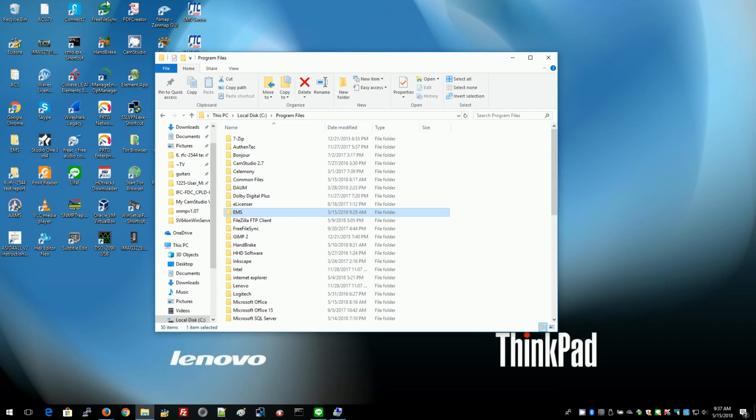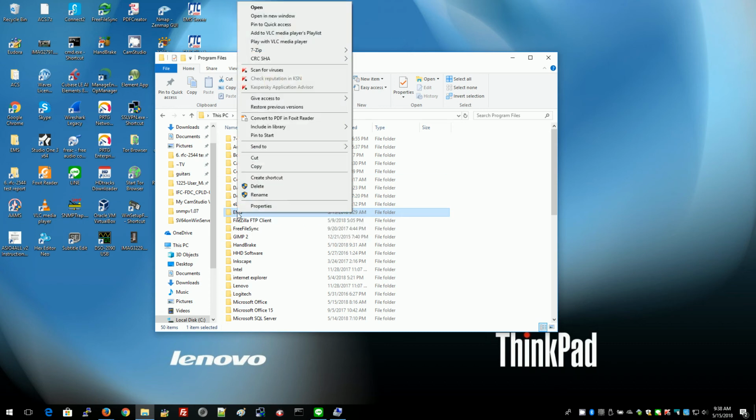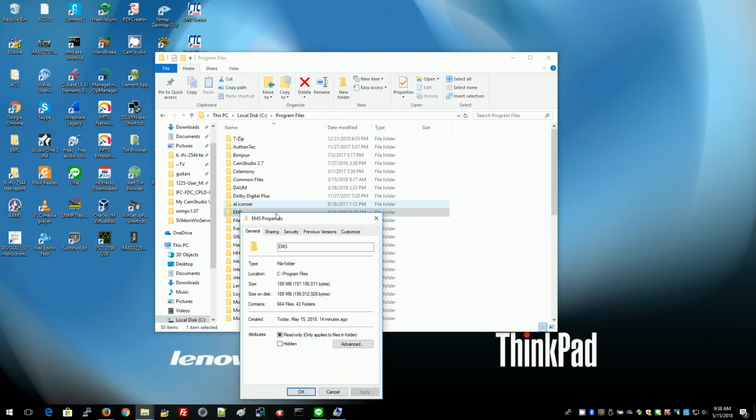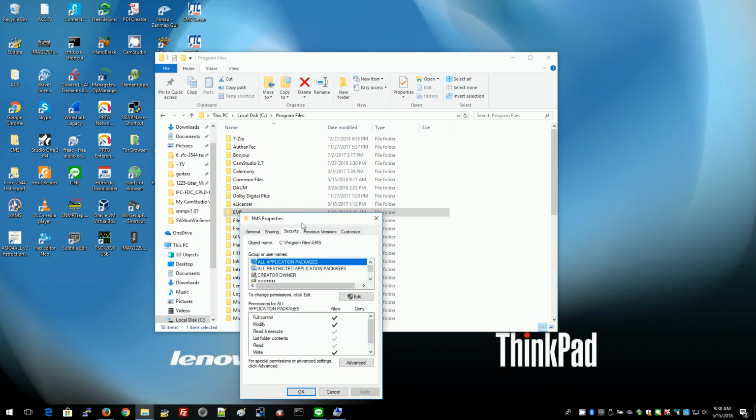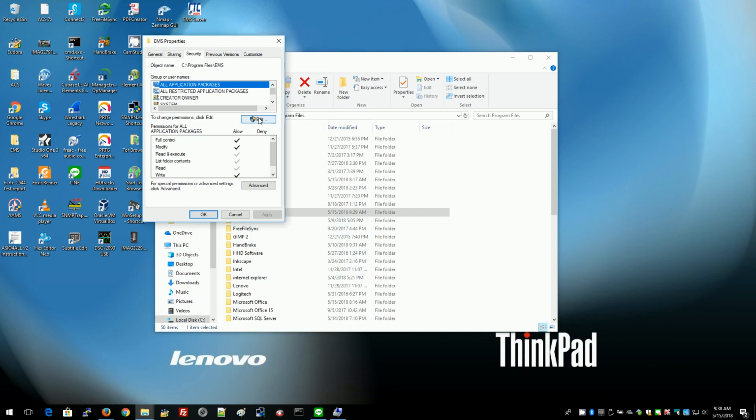So what we're doing here is we have the 64-bit EMS installed on this machine, and I've already located the EMS folder under the program files. I'm going to right click it, choose properties, and click the security tab. Now I want to edit the security,